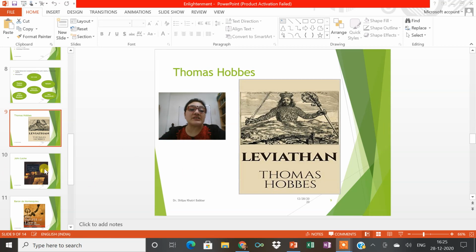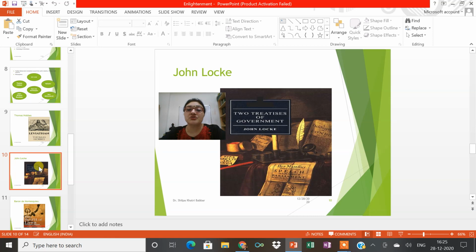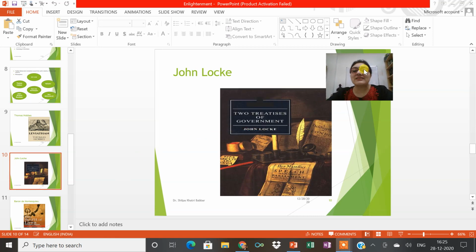So this is the first theorist. And since we have already introduced John Locke, I quickly move on to John Locke on your screens. And this is the text that I'm referring to, the most influential work of John Locke's, which is Two Treatises of Government. Now, in this, what Locke is basically saying is that this idea that God made all people naturally subject to a monarch, he was absolutely against this claim which the clergy had made